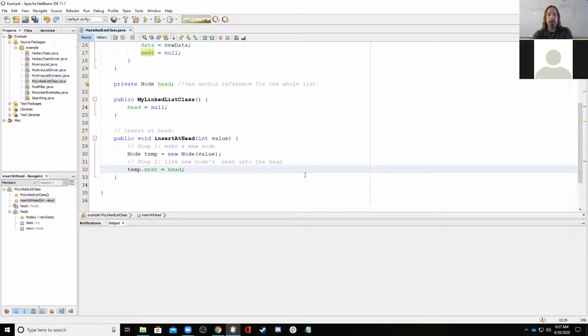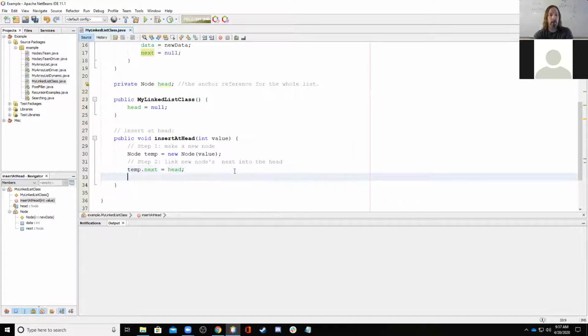And by the way, if there is no current head node, it will simply be set to null, which is what I want it to be anyway, because if the list is empty and I'm inserting into it, then I want this node's next to be null because it's the end of the list as well as the start of the list. And then step three,